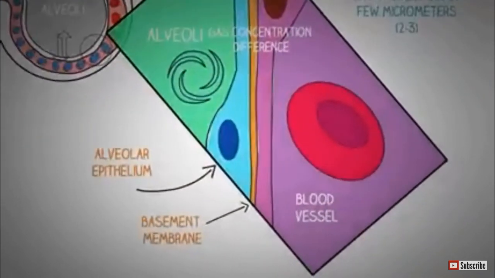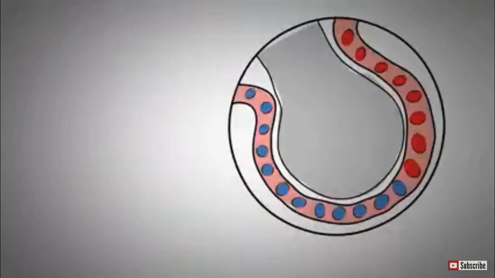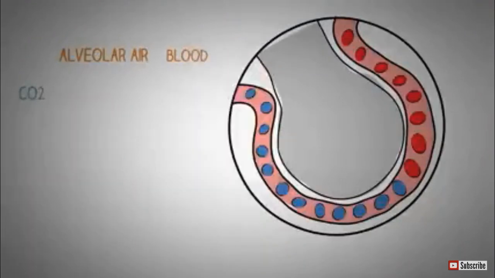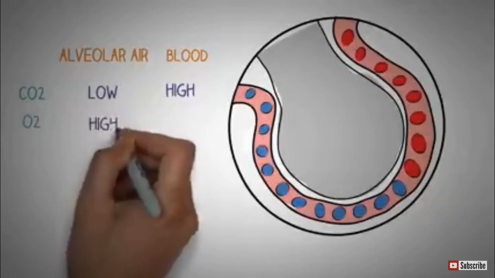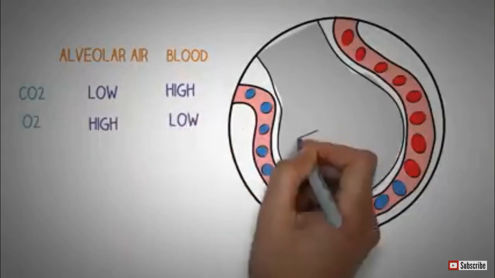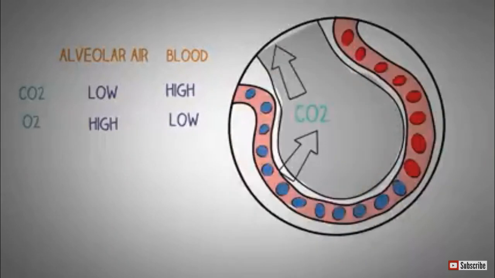Here comes the role of the difference in the concentration of gases on either side. Most of you know that diffusion occurs due to the difference in concentration of a substance on either side. So if we take a look at the concentration difference of carbon dioxide and oxygen between the alveolar air and the blood, we can see that the alveolar air has a low concentration of carbon dioxide as compared to the blood, which has a higher concentration, whereas the opposite is true in the case of oxygen, where a high concentration of oxygen is present in alveolar air as compared to a low concentration of oxygen in the blood. Due to this, the high concentration of carbon dioxide is exchanged with the